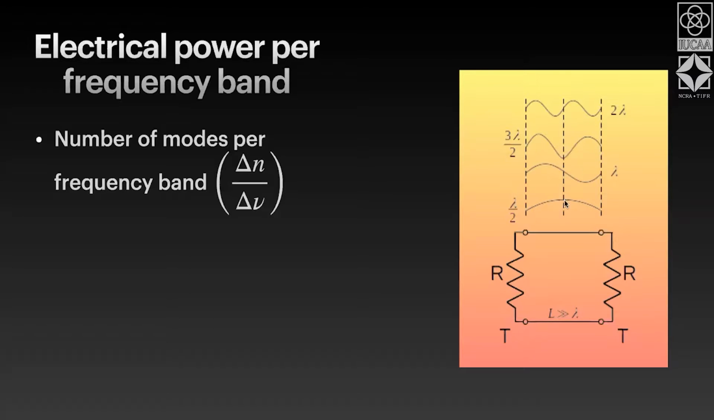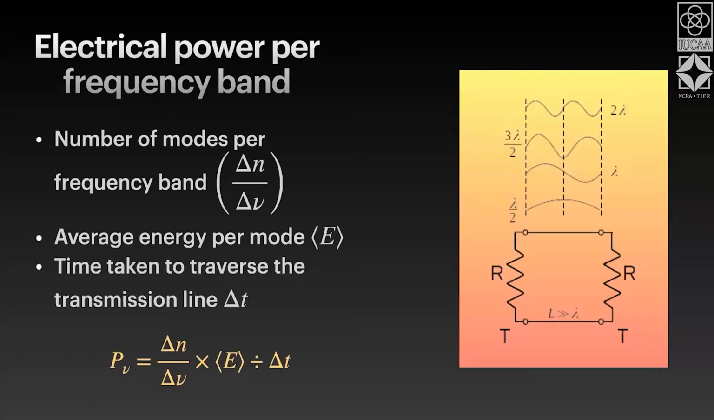There the nodes will have to go to zero at the ends of the transmission line for it to be a standing wave. And one can essentially count the number of modes that exist in a particular frequency range. Once you have that, you can calculate the average energy per mode using the Boltzmann law, and you can calculate the time it takes for this energy to transfer through the transmission line, and essentially you get the